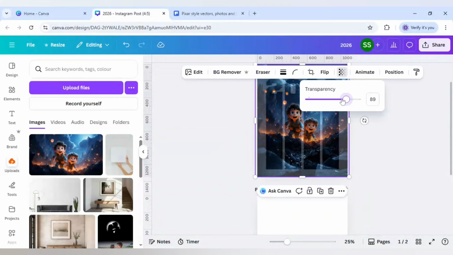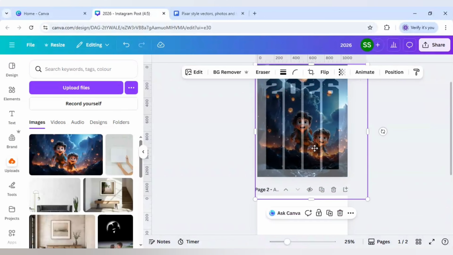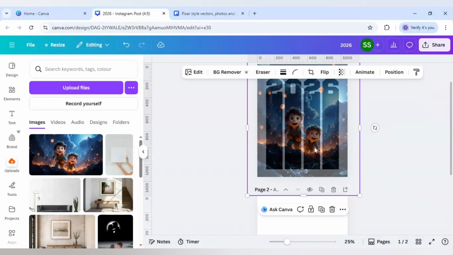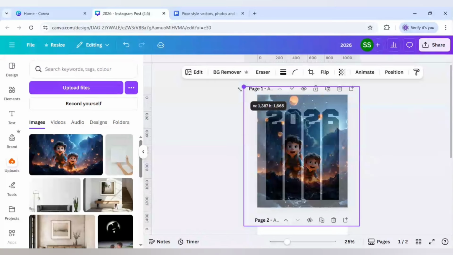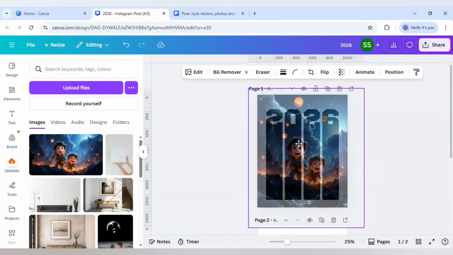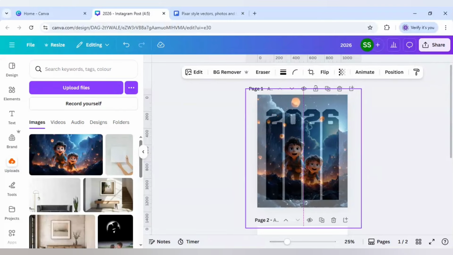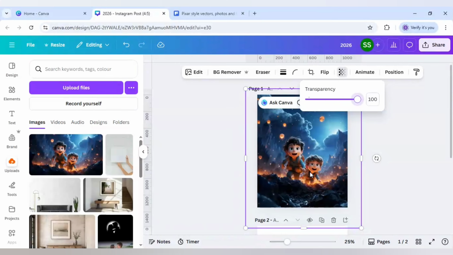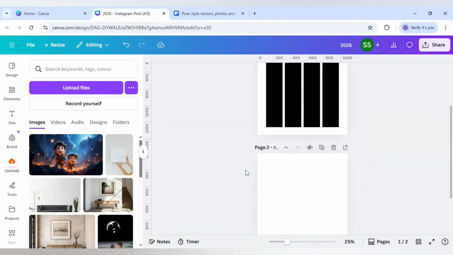Okay, and I will decrease the transparency to check whether it looks good with the image or not. So I will make it bigger. And as I want to make a pop-out style, I am keeping it in the middle so that I can create a pop-out for the characters. Okay, and after that just increase the transparency and cut the image, press Ctrl plus X again